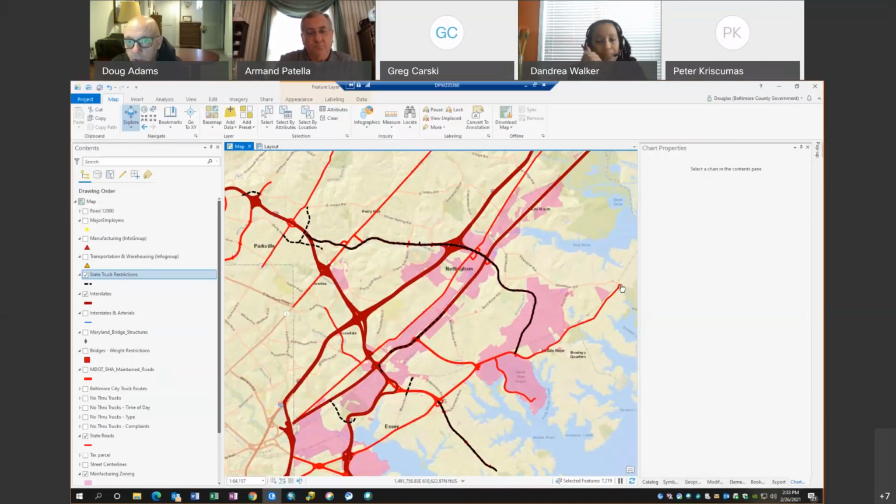Would we want to open up Ebenezer Road over to US 40, over to, I'm not even sure what that is, because there's Bel Air Road. This must be Philadelphia Road. Do we want to consider opening that up as a proposed truck route?